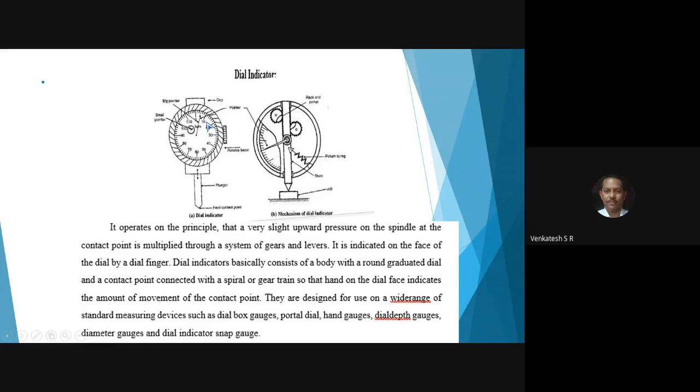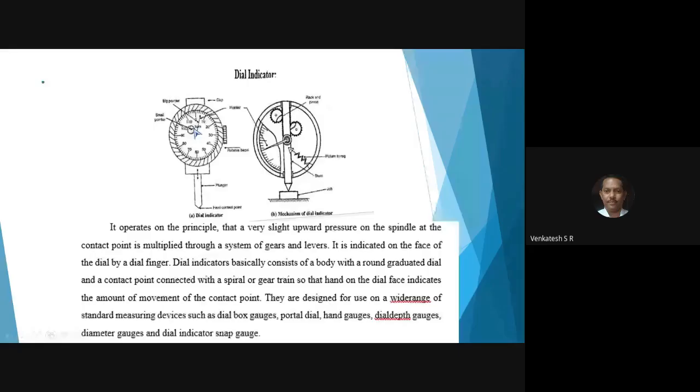All of you observe here, 10 to 120. This is the pointer. For 1000 times movement of the pointer, here one more dial is there, a circular scale. This needle or pointer moves 1 division for 1000 rotations of the pointer, in the small dial, in one type of